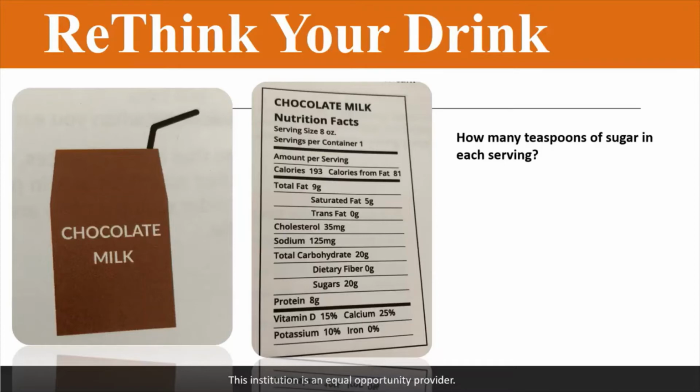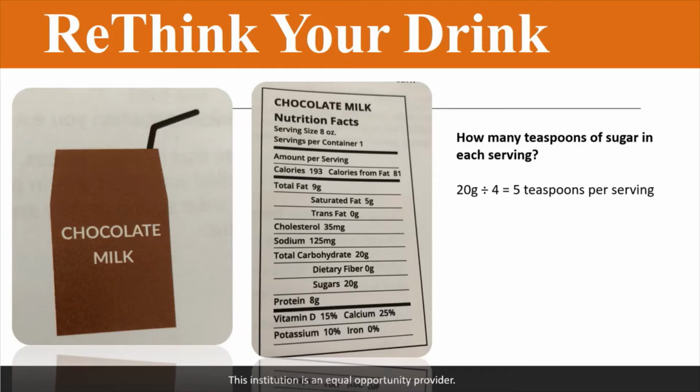For our first example, we have chocolate milk. First we want to look at how many teaspoons of sugar are in this drink. You go down to where it says total carbohydrate. Under total carbohydrate, you have your fiber and your sugars. For sugars, we have 20 grams. Again, you take 20 grams and divide by 4, and that gives us 5 teaspoons per serving in the